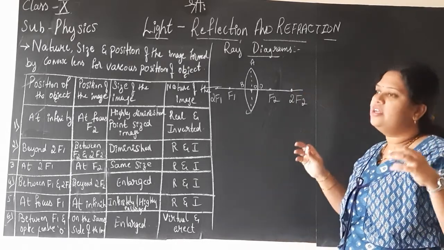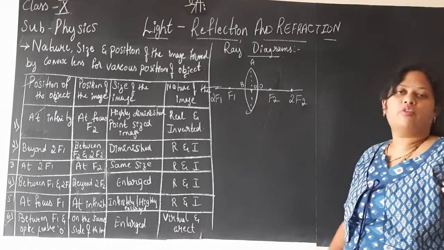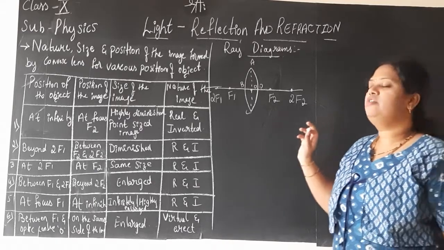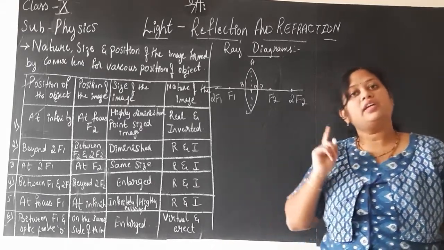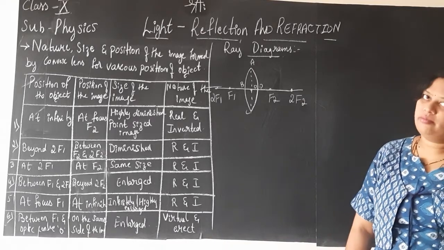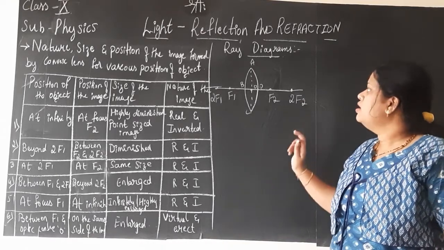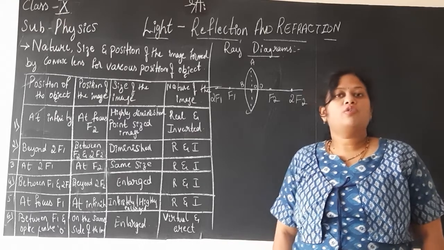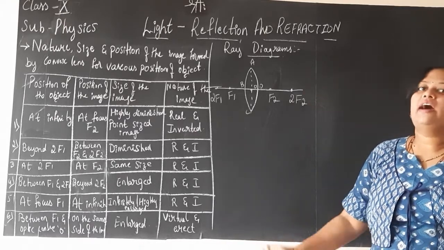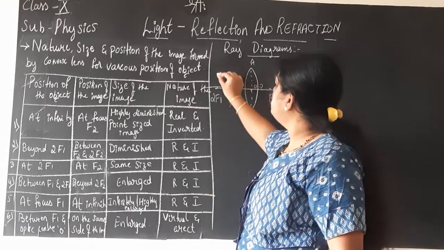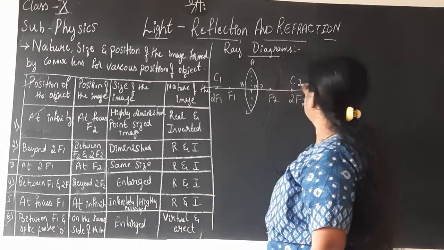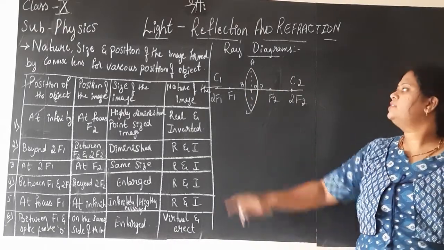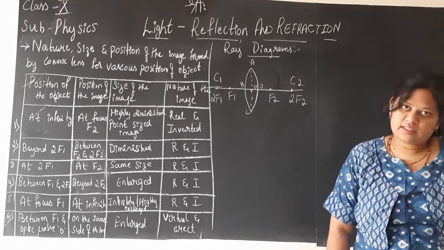That the rays of light converge at some point called the principal focus, and where they converge, that point is called the principal focus, or that is where the image of the object is said to be formed. Hope it is clear to you. Now, since this lens is also part of a sphere, children, it will also have the center of curvature. This also I said in the last video. C1 and C2, there are two centers of curvature for the lens, as there are two refracting surfaces.